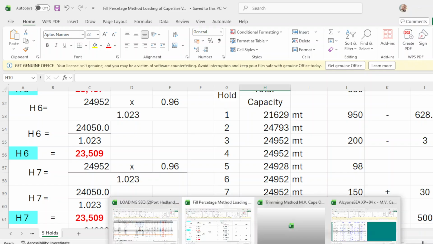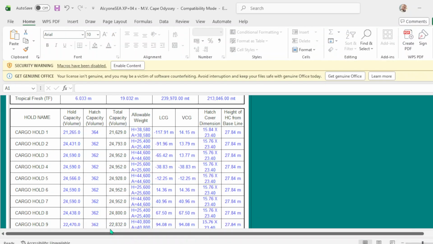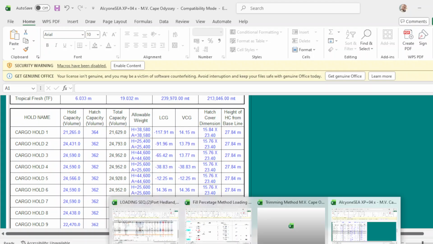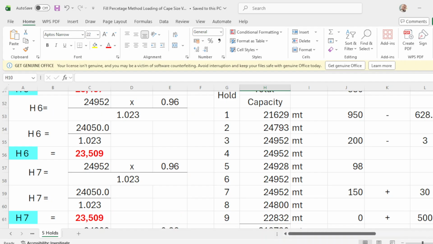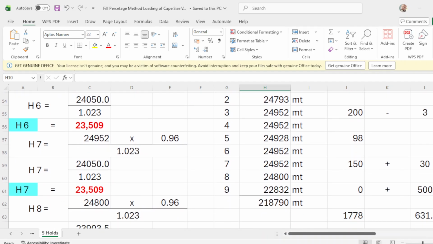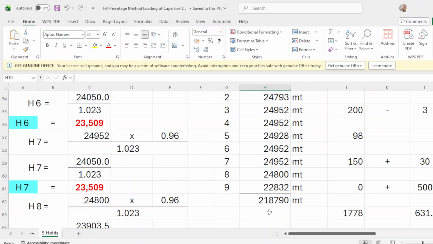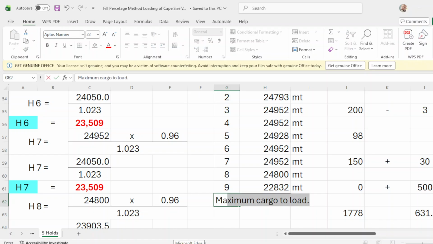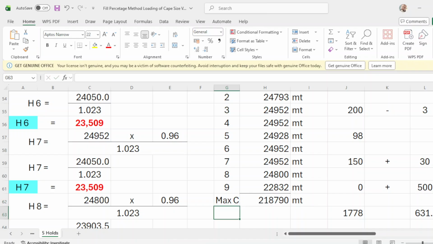To make things shorter, you have a total maximum cargo to load of 218,790 metric tons. This is the maximum total cargo, the maximum capacity.